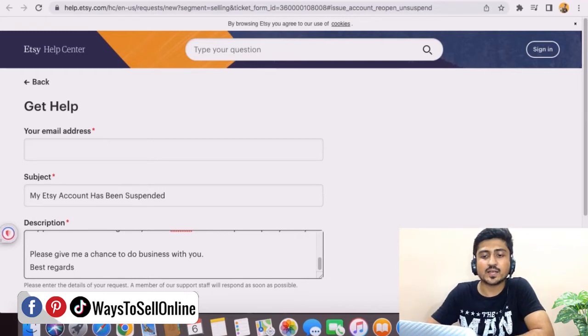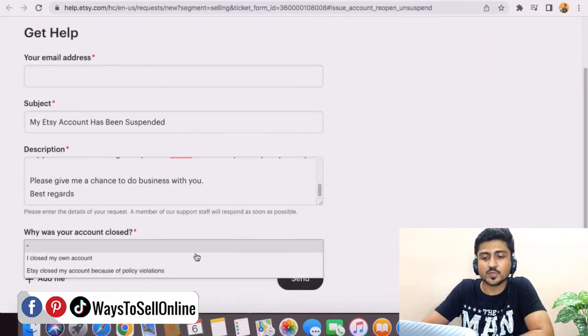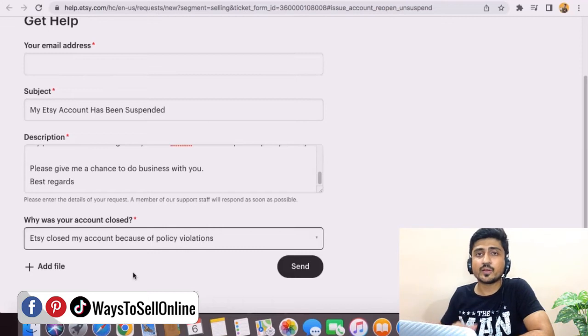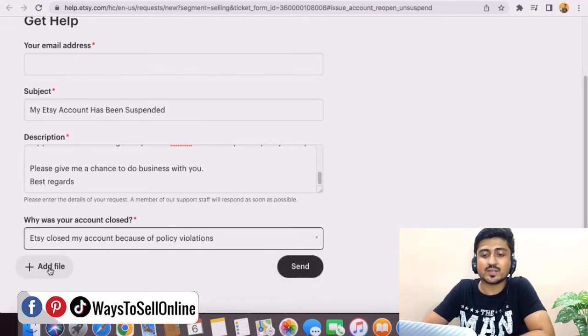So when you type this kind of description here, and in the last option you select "Etsy closed my account because of policy violation", then when you submit this application, the chances of getting your account back will be super high, because I have implemented this strategy myself on 5 to 6 accounts and every time I got my account back. So before clicking on this send button, you can just click on this add file and